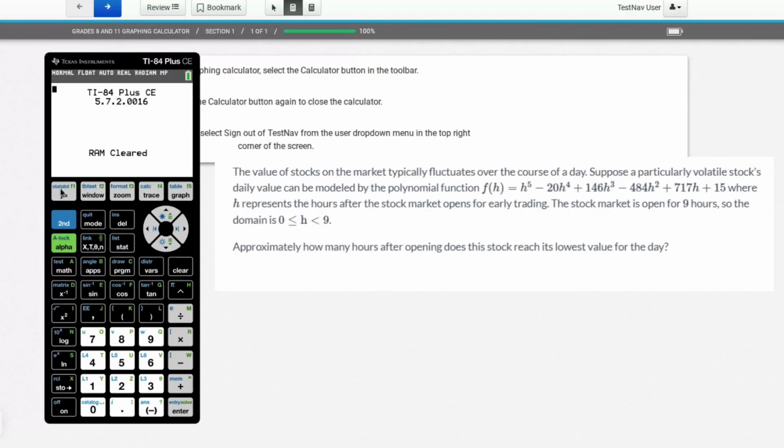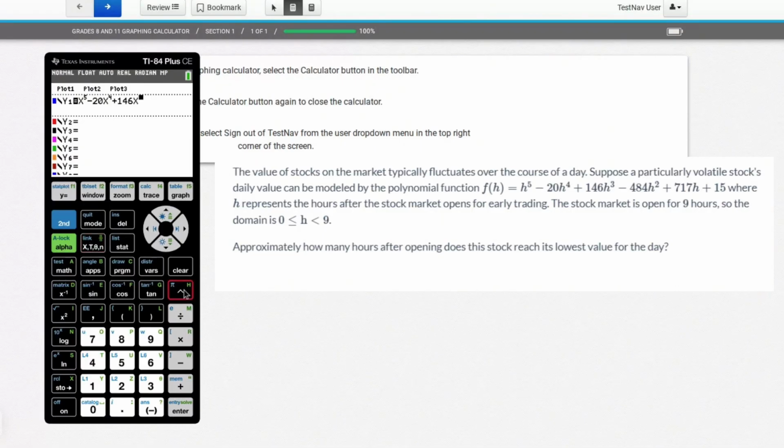All right, so we are going to plug it in. Of course, instead of h's, we're going to use the x. So x to the 5th minus 20. After you do your exponent, I deleted the whole thing. That's all right. X to the 5th. And after you're done with your exponent, make sure you hit to the right to get out of the exponent. So I'm glad that happened. Minus 20x to the 4th. Move to the right. Plus 146